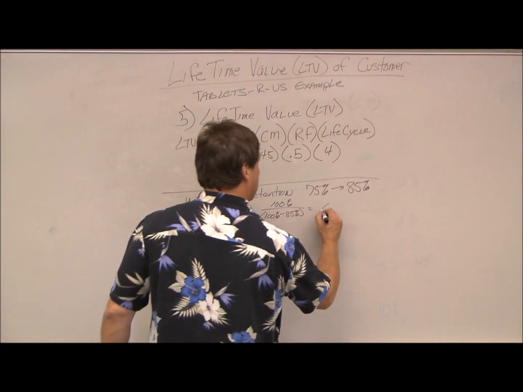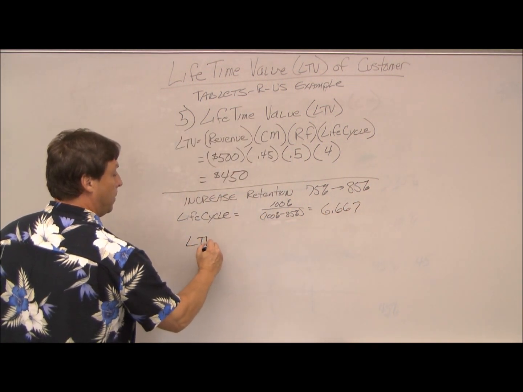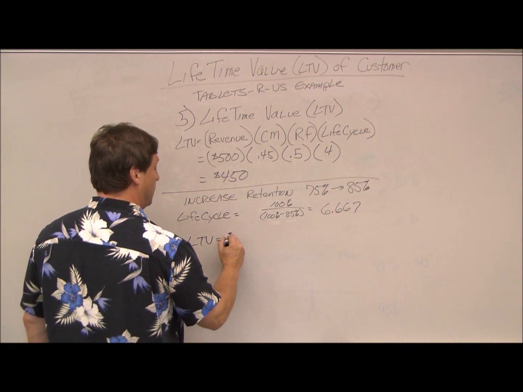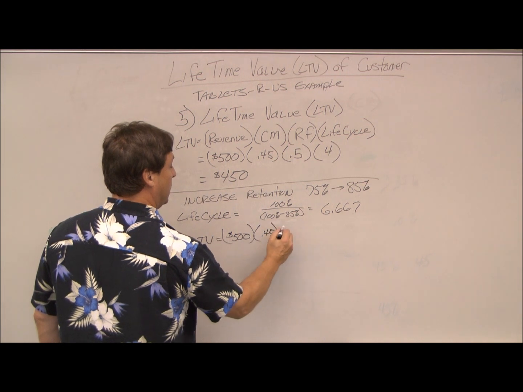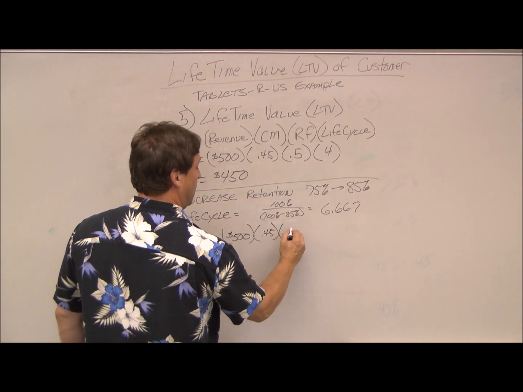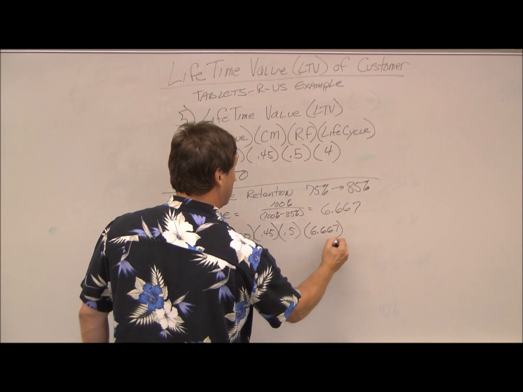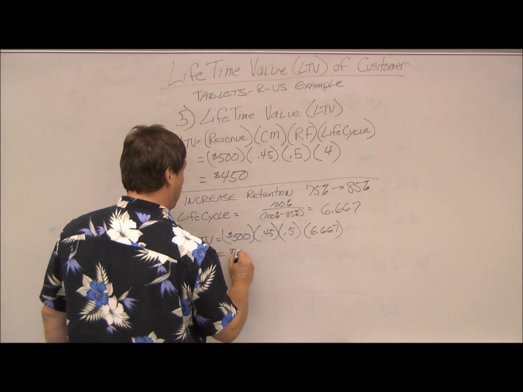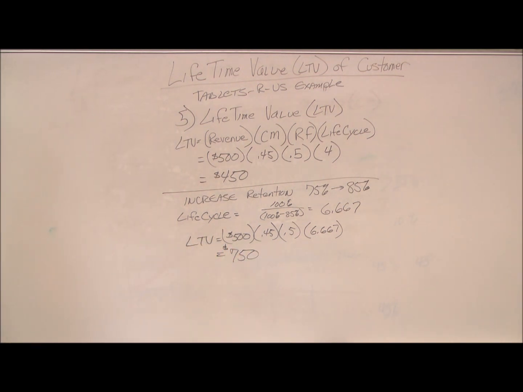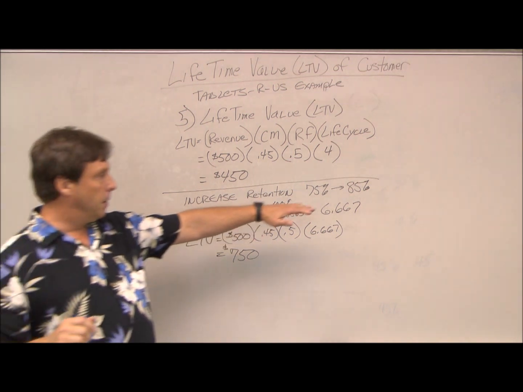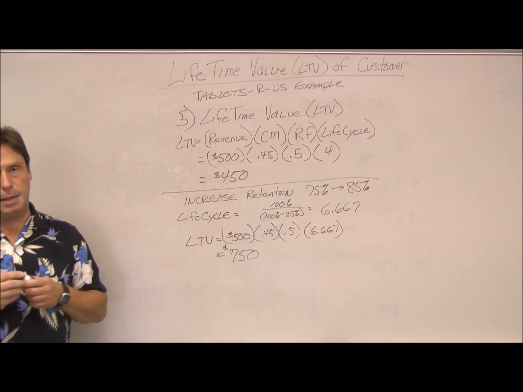Well, this comes out to 6.667. For our lifetime value, everything else stays the same. So we have 500 times our 45% contribution margin, times our every other year purchase, times the 6.667. So you can see just a small increase in retention, in this case 10%,